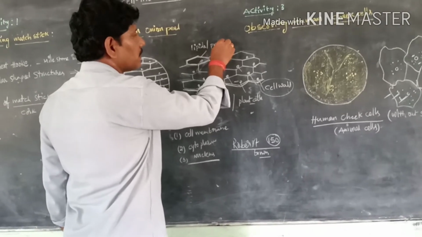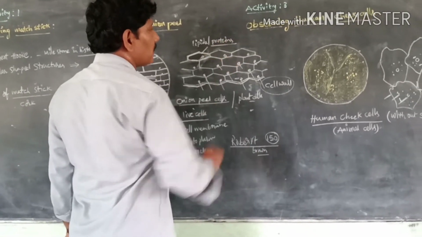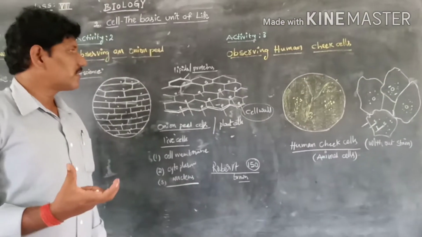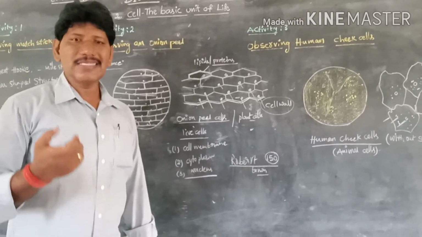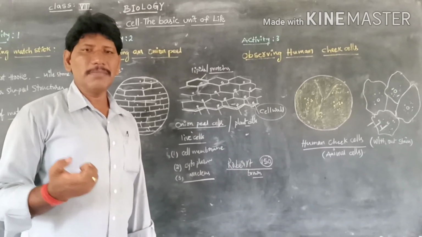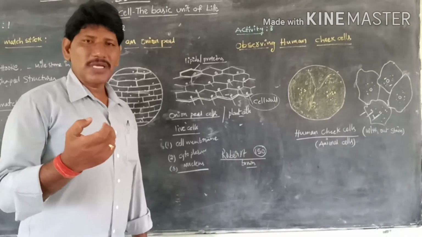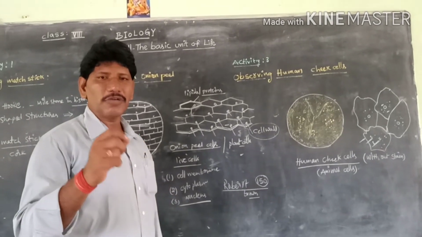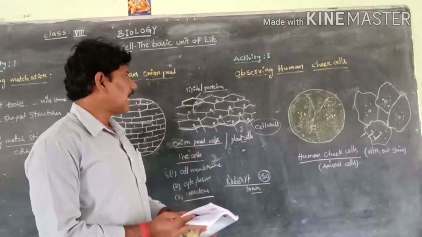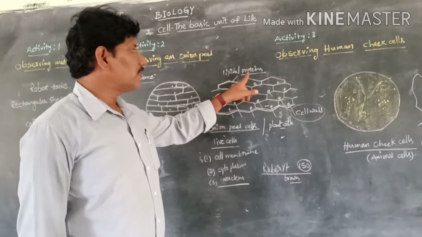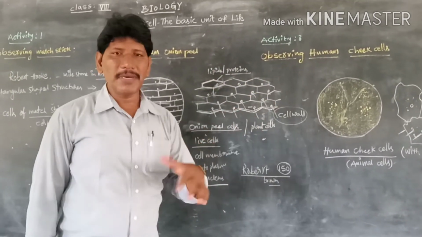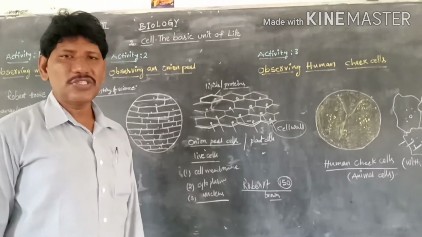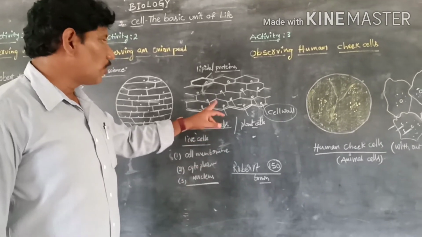Lipids and proteins form the boundary layer, which gives a particular shape and size to the cell. It is like a selectively permeable membrane, which allows the essential materials into the cell, while the waste materials are expelled outside. You can learn more about the plasma membrane or cell membrane in the ninth class first chapter, Cell: Its Structure and Functions. Next one is cytoplasm.